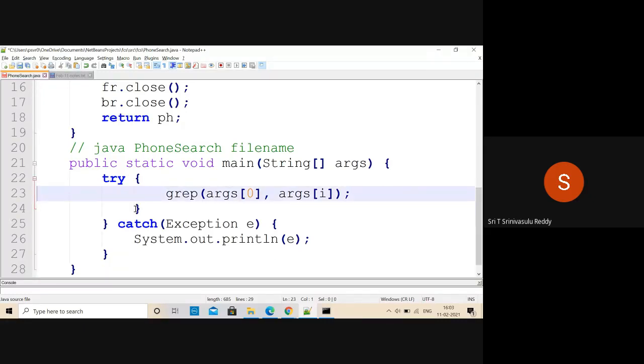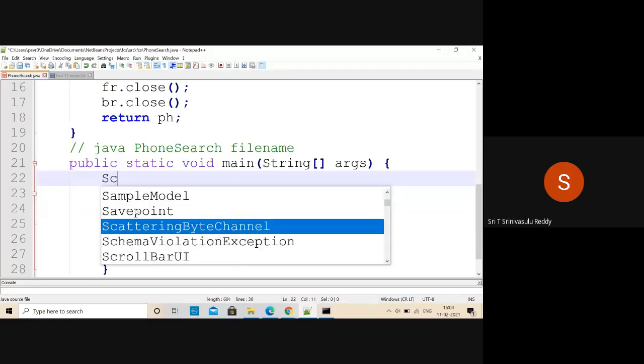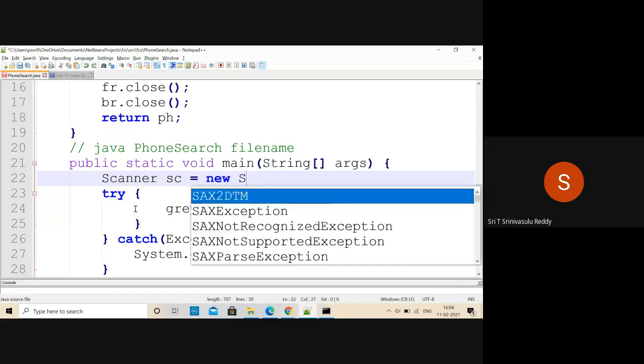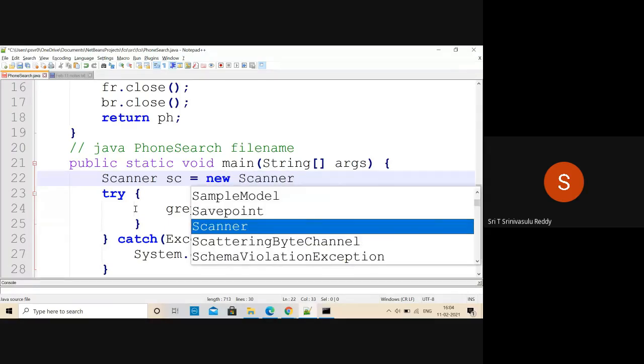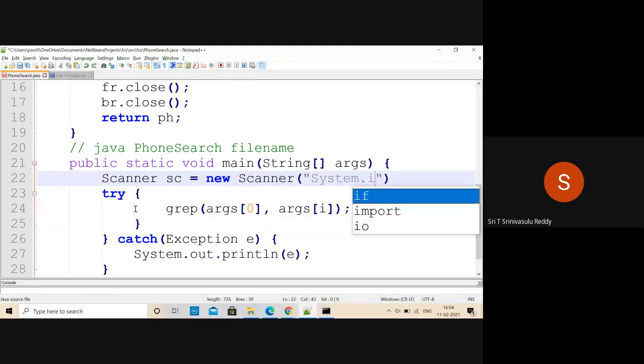This is not required. But now what we are going to do is create a Scanner object so that you can read the corresponding input. Scanner sc equal to new Scanner of System dot in, not double quote.